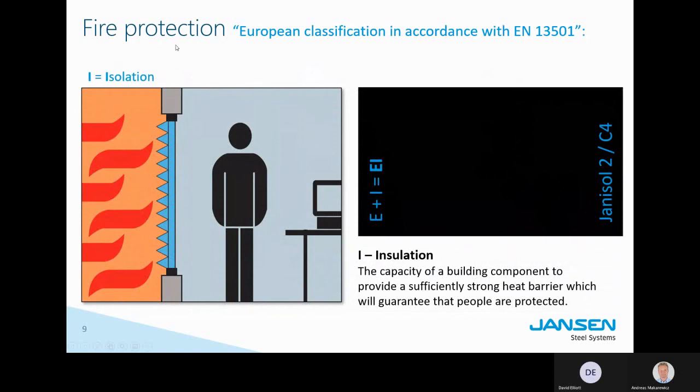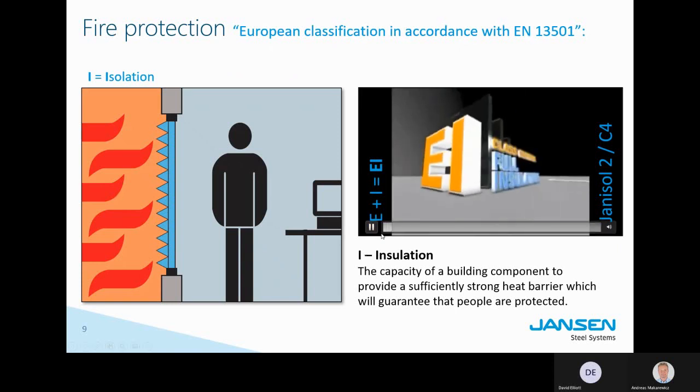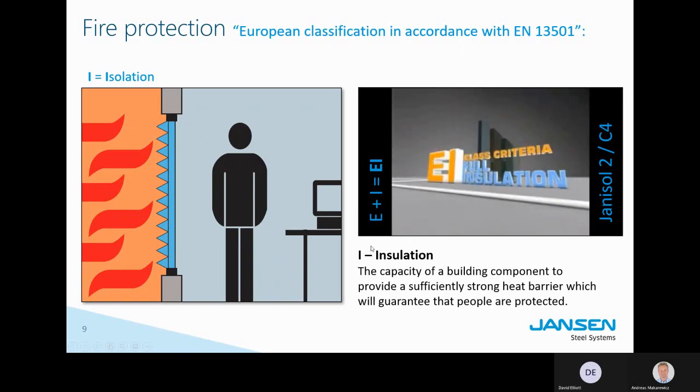Let's say the highest class is the EI class. This class will stop fire, smoke, and thermal radiation. The abbreviation comes from, again, étanchéité isolée from French, and it means it's a room closing with the thermal break as well, thermal protection. And these elements are built oftentimes,